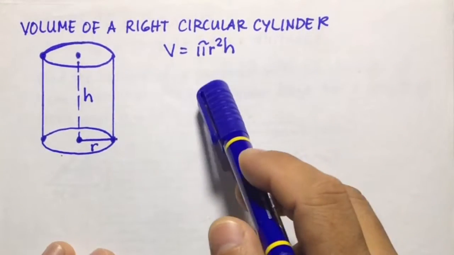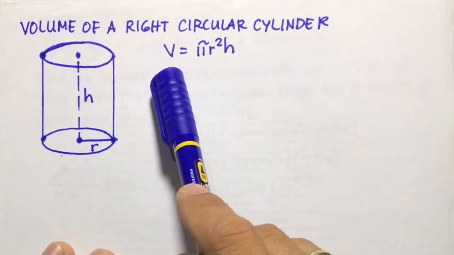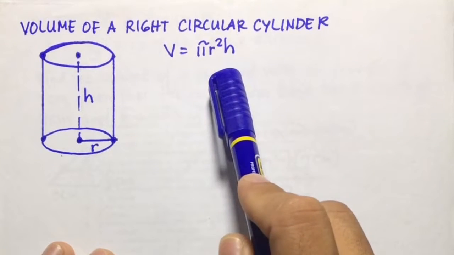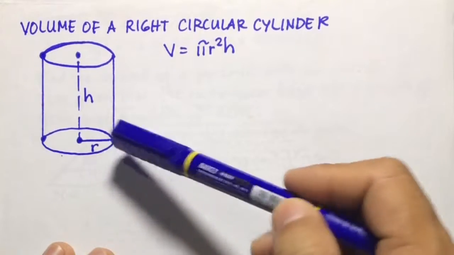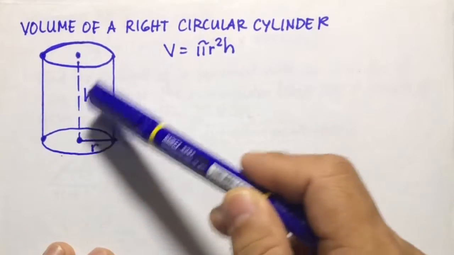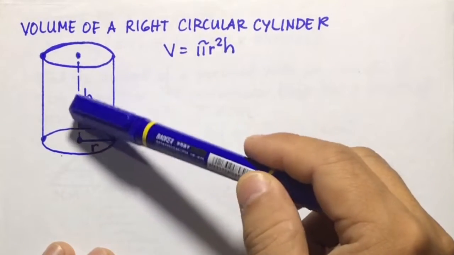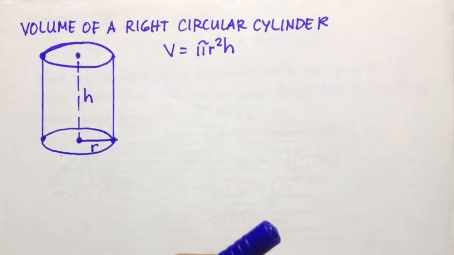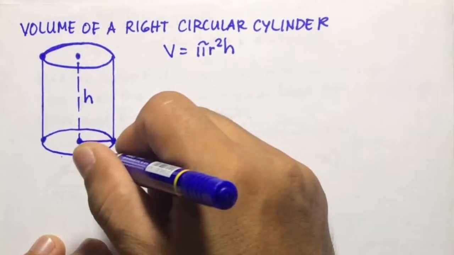Let's have the volume of a right circular cylinder. So it is given by V equals pi r squared h. So this is the right circular cylinder here. This is the base circle. Then this is the radius here. And this is the height. Now, for example, if the radius here is equivalent to 3 centimeters